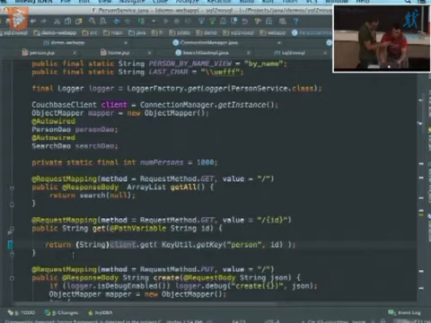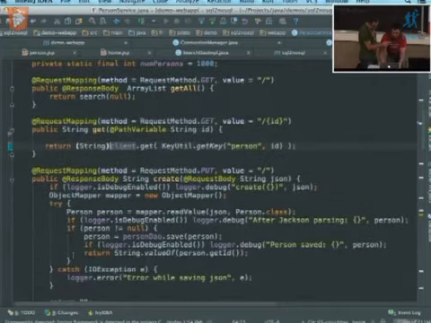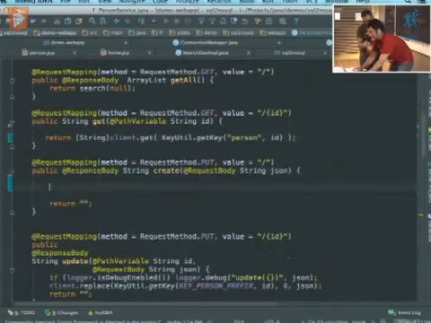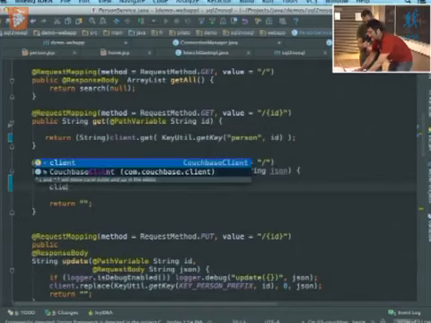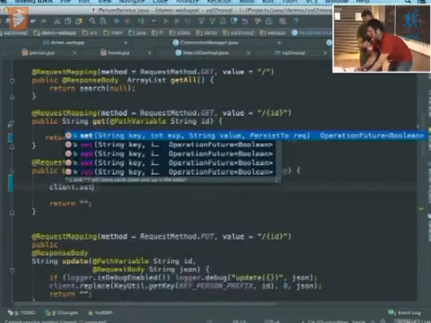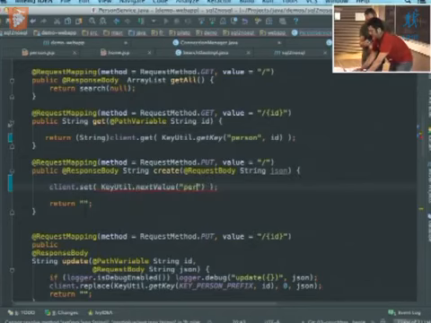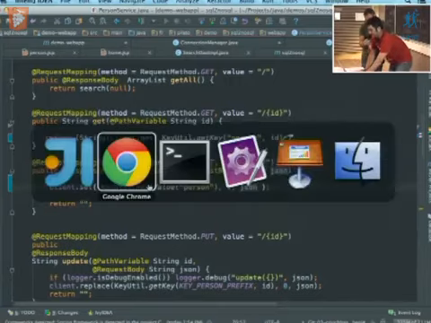So I can do the same to insert data inside my database. And if I do that, I will do create, set. So a very simple operation to work with Couchbase. And I will use keyutil next value for the person, so we will create an ID. So you have a counter, that's it? Yeah, I use a counter, and I will use the JSON document directly. So this will insert the information inside my database.